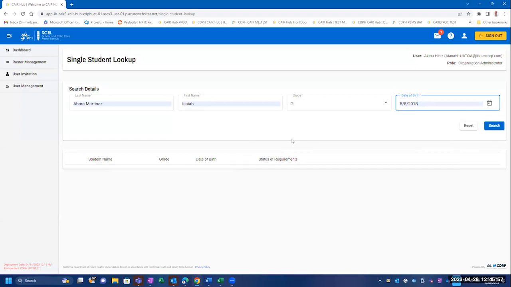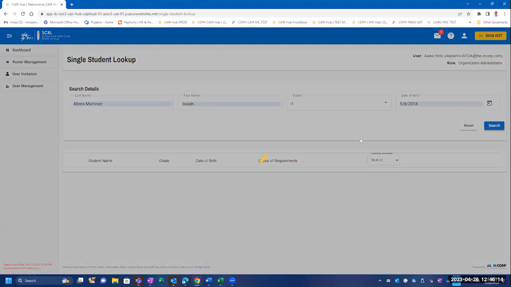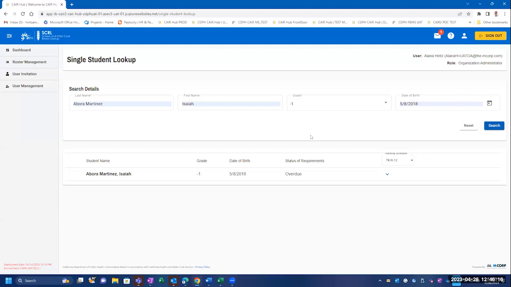You can also clear the search details by clicking on the Reset button. This then clears all fields. I will quickly re-enter my student, and then click Search. After clicking the Search button, Squirrel then brings back the child's information details.